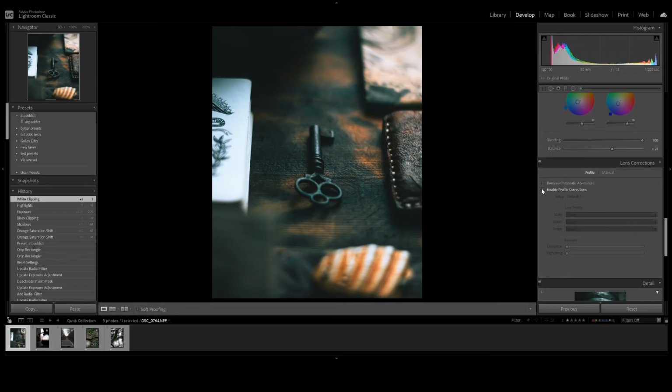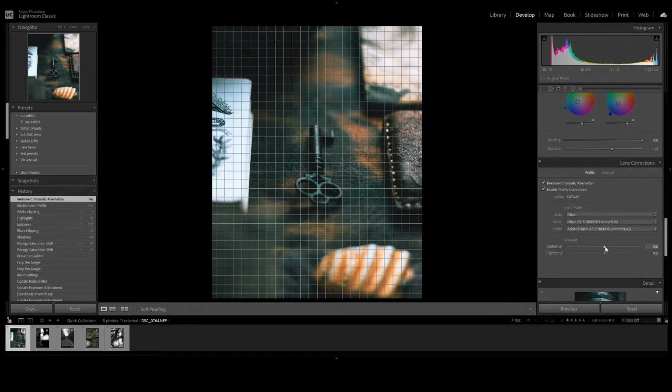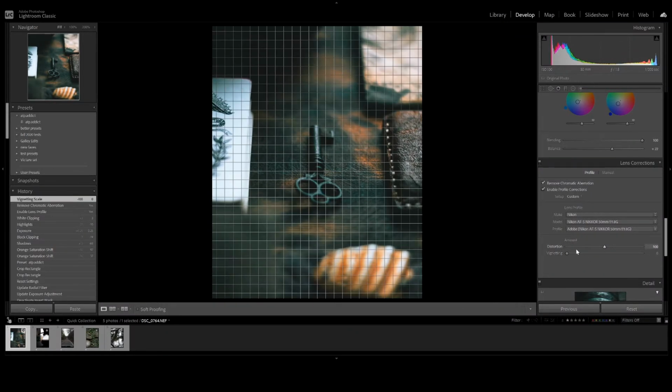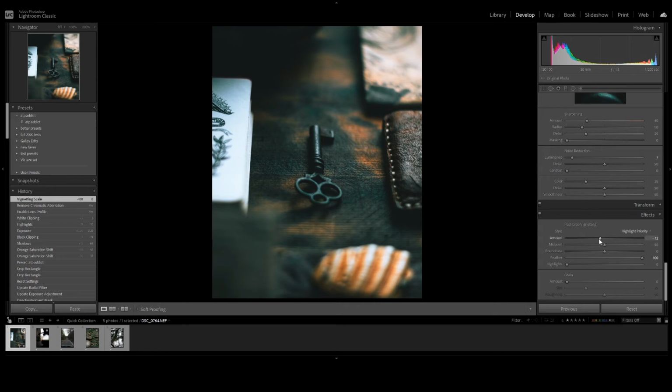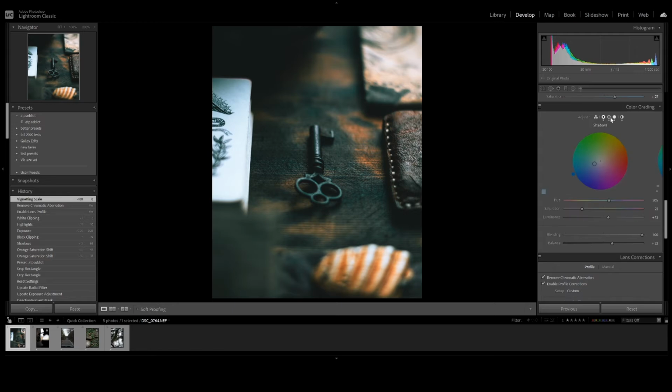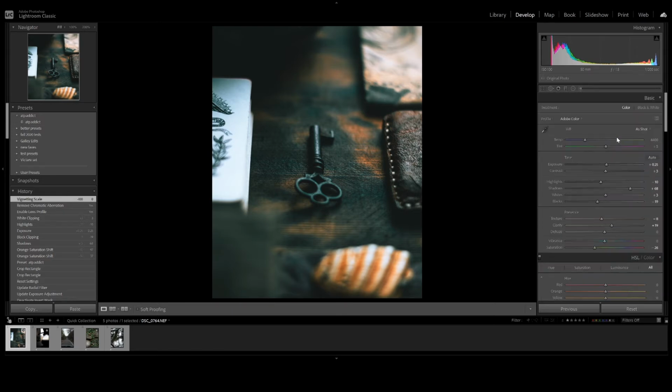Then we're gonna come over here to enable, can't say it. Enable profile corrections and remove chromatic aberrations. Tongue twister. Bring that vignetting back down. I already have some post-crop vignettes. We have our color grading, whatnots, and I'm gonna come up